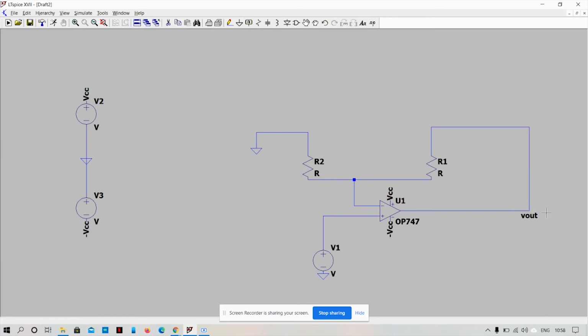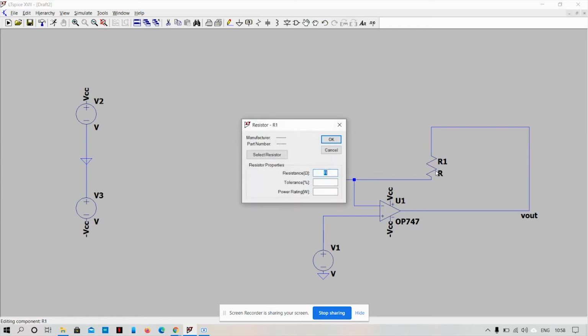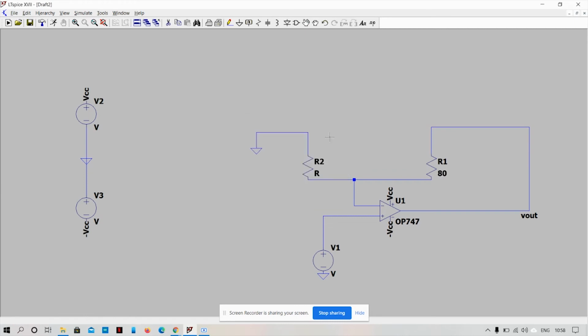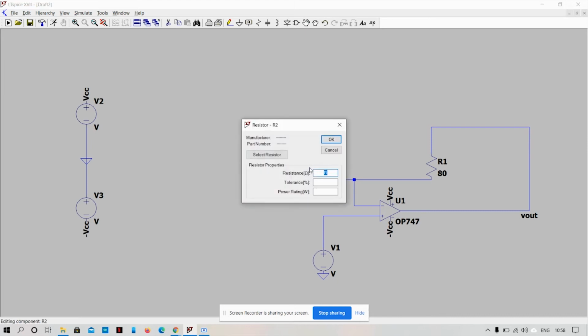Now we have to give the values for the resistances and the voltages. So once you go near the resistance, you will see a hand coming up. Just right click on it, and in the resistance value give any value, let us say 80. The same for R2 as well. Here let's say give 50.